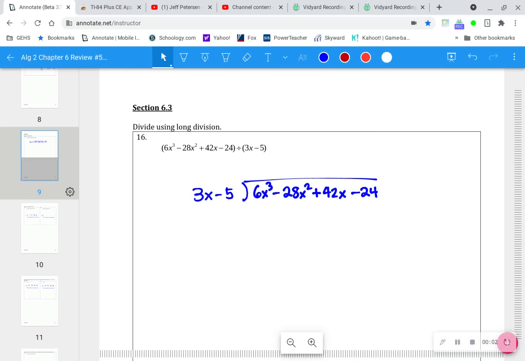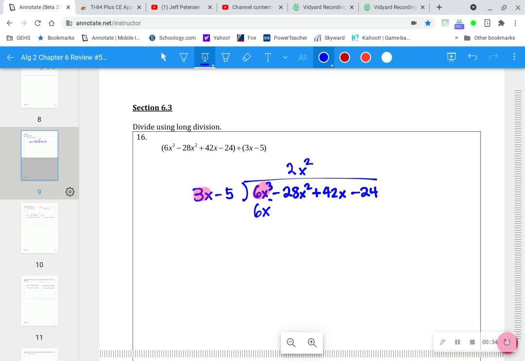Okay, so for the chapter 6 test here, we're going to review sections 6.1 through 6.3 and 6.5. And in 6.3, we learned how to do long division, so we're going to remind ourselves of how to do that here. When you do long division, you always want to make the front part match the front part of the other. So in this case, 3x needs to be multiplied by 2x squared in order to equal the 6x